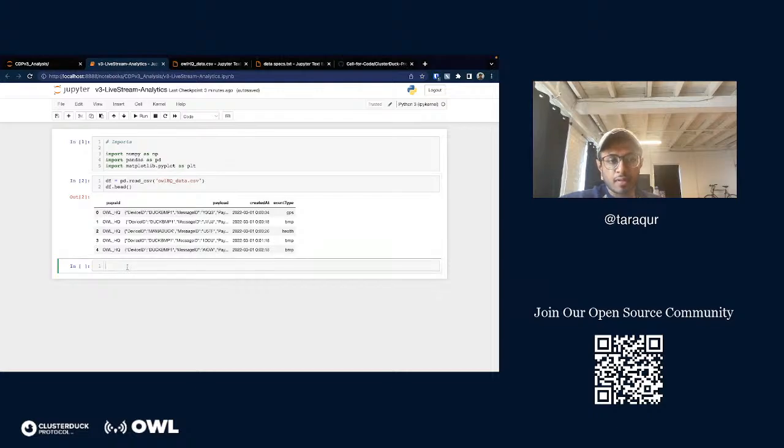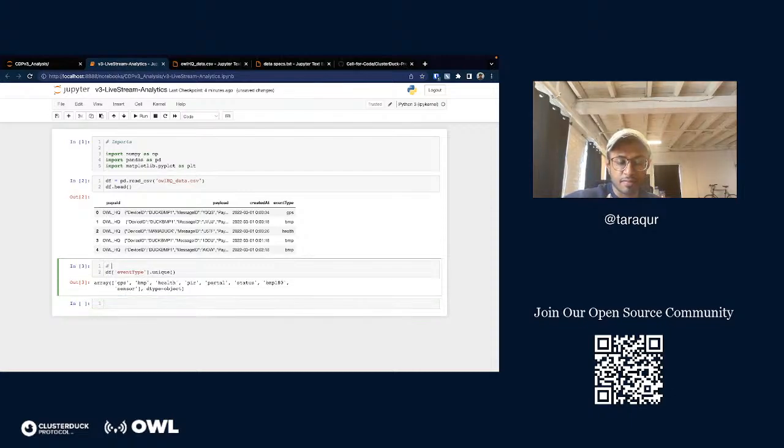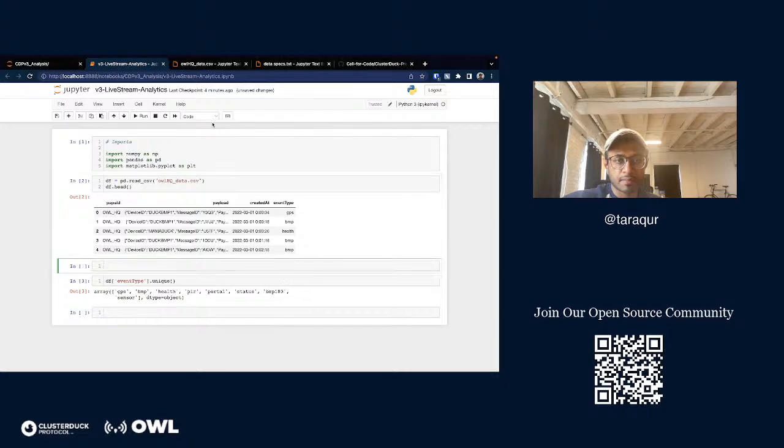All right, so let's do the easiest one first, event type. df.event_type.unique. This will give me the unique types of event types. I've been getting really good at forcing myself to document this as well, so I'm going to do a little documentation as well. Markdown: how many, what are